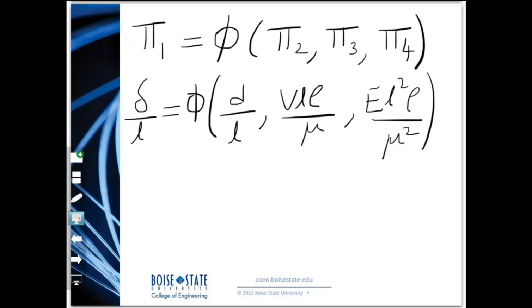Okay, so that is a key step. So I would encourage you, after you look at the solution and you got a chance to solve it, pick maybe D, V, and E as your repeating variables, and then see what groups of dimensionless quantities you get. Okay, all right,